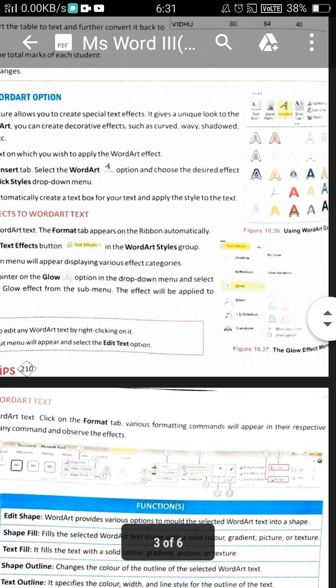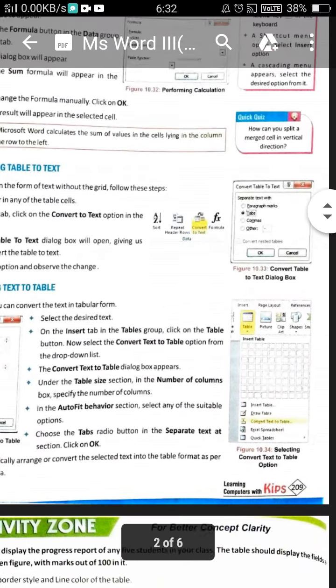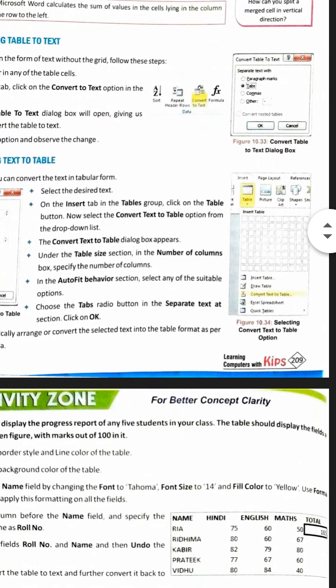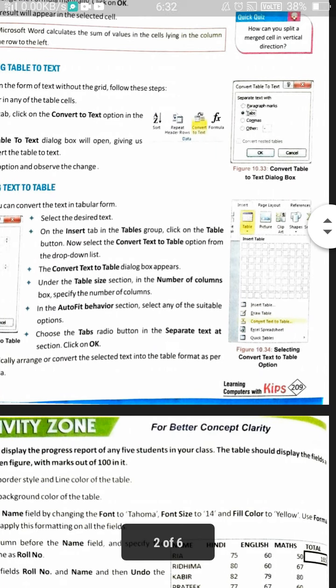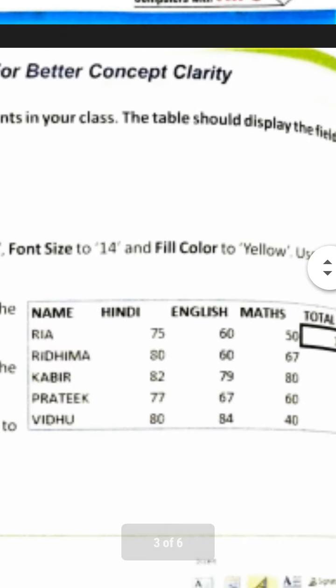It will be in the insert tab. Have a look in the insert tab, this yellow button as you are looking, word art.